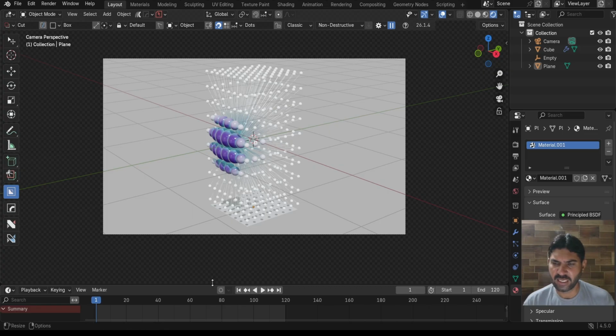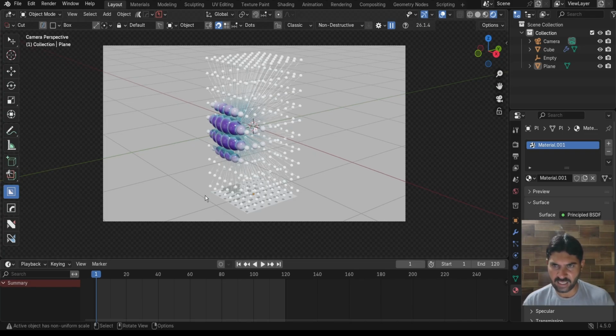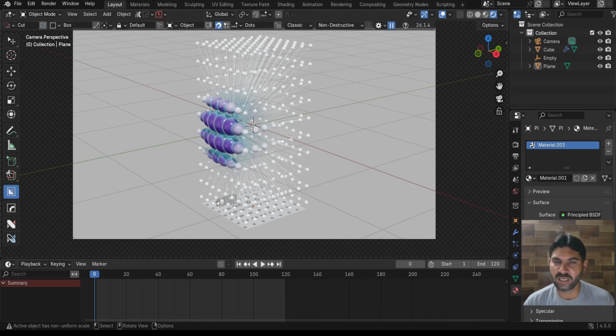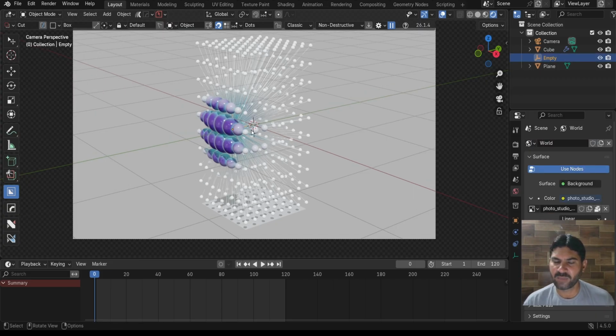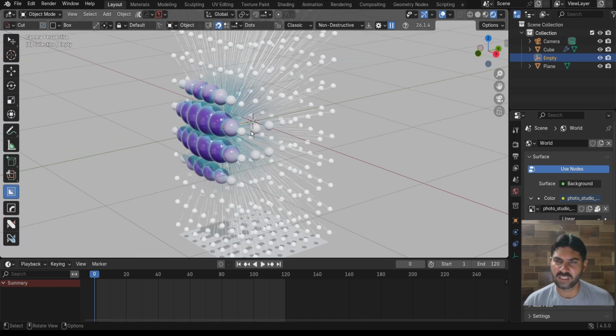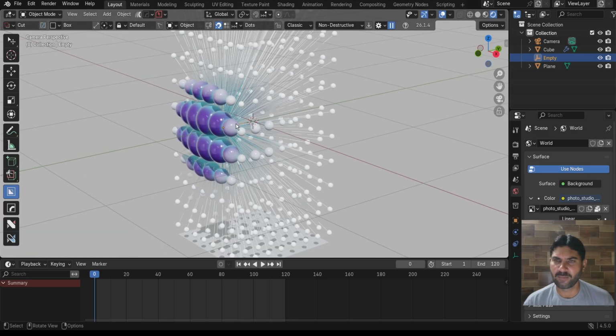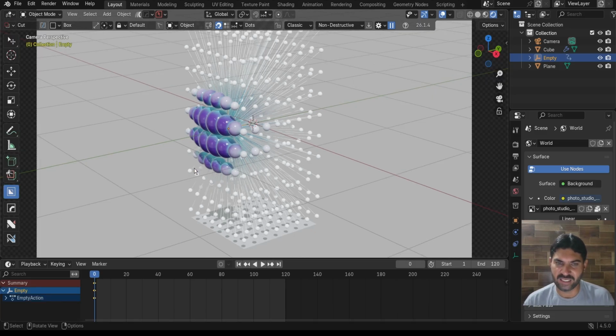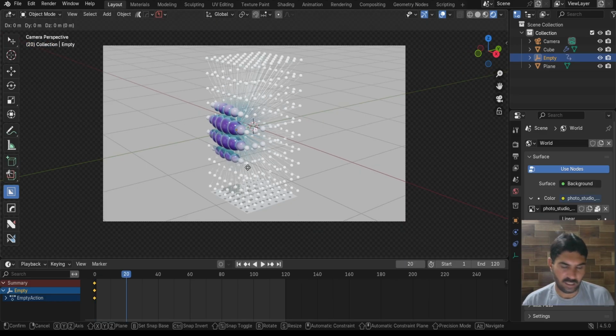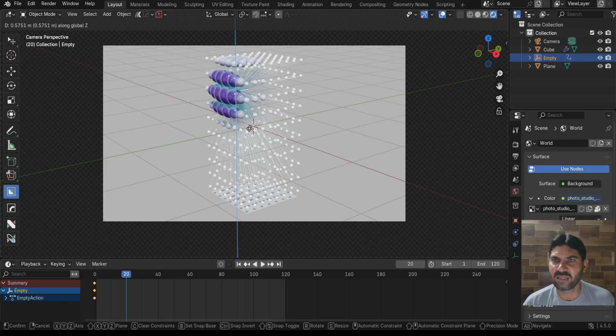So for that, here in the timeline, I always start from 0 to make this animation fully looping, and here I select this empty, because the overall movement of these patterns and this color is attached to this empty, so we can animate this structure due to this empty, which is connected with our geometry proximity node, and also this empty is connected with our shader node. So here in frame 0, I select this empty and hit I to insert the keyframe, and we jump to frame 20